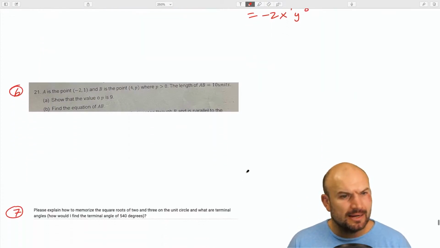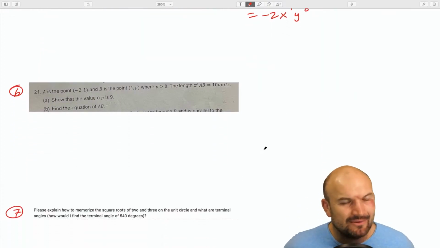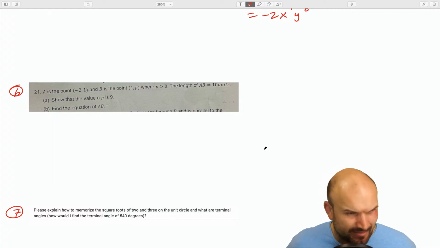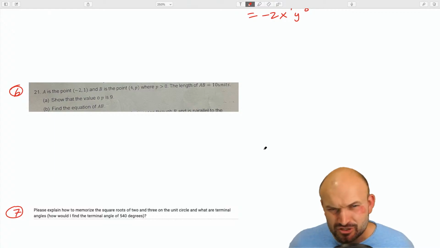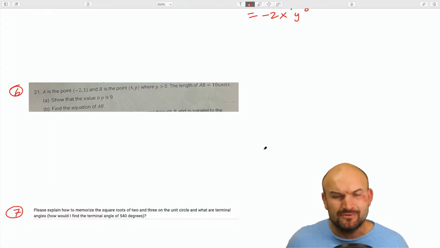All right. Question number 21. I wasn't going to do this one. I was going to set this one up because I'm not sure. Show that the value of the center. I'm assuming OP is 9, and I'm not really set up with that. So I wanted to kind of set you up with and just kind of know like, well, if I have